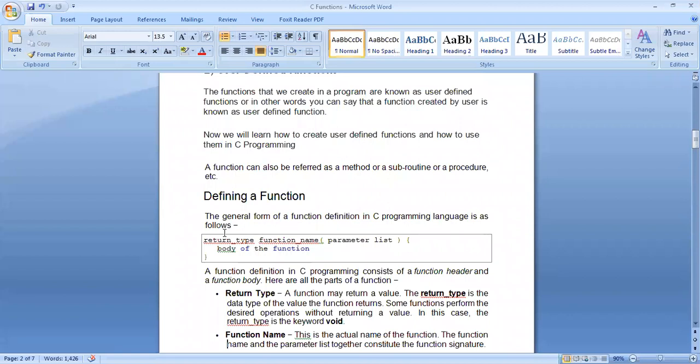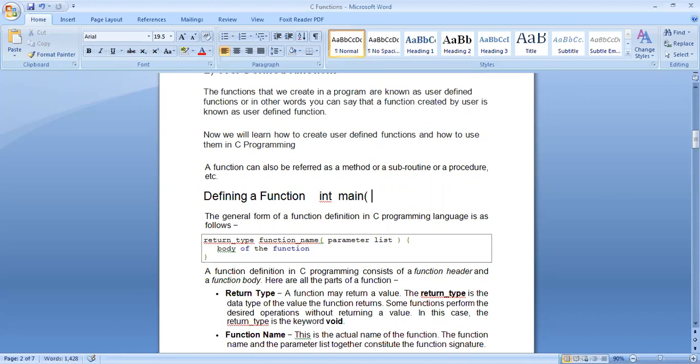Okay, so how does a main function look like? How do you write a main function? I'm just mentioning it here. How do you write it? You have a return type. Return type means either you will have int or you will have void. So let it be int. And then you write the function name. What is the function name? It is the main function, right?